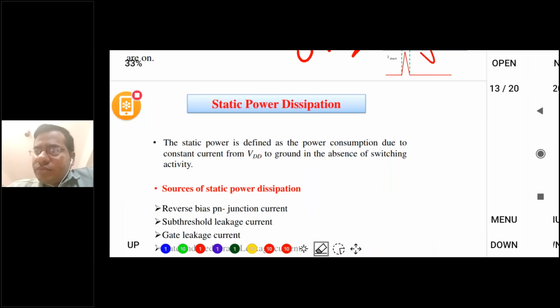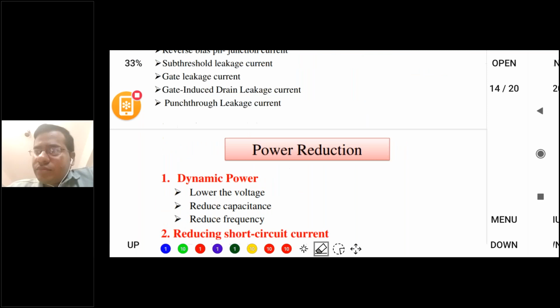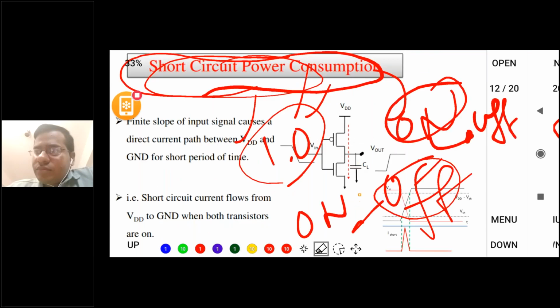What is your total power? That you observe in this equation. So short circuit is the path. In this path, if your connection is available, then the circuit dissipates some power, but this is not the case in the CMOS circuit. But there is a small time, some milliseconds or nanoseconds. In this time, you assume that there is short circuit power consumption. But this is very small. It is not a very high value. So that you observe here carefully.